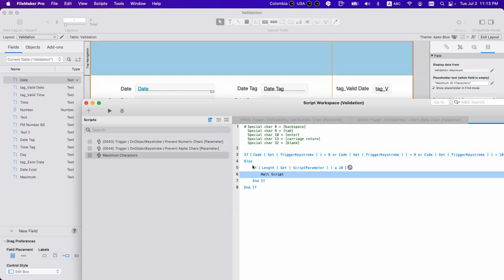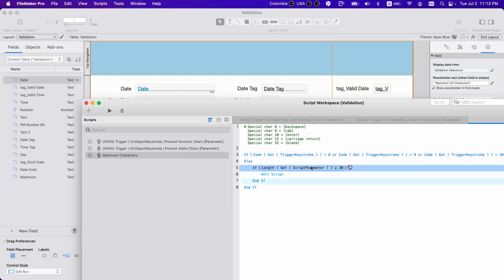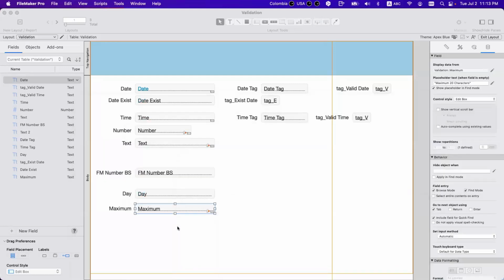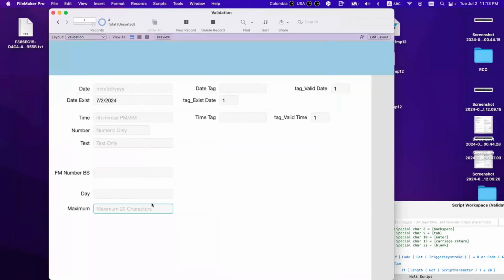So you add the script. When length is this, then this. But you don't want to be stuck. When you reach the 20 characters, you want to be able to do backspace, right? You want to be able to do arrow down, arrow right, arrow left, arrow right, and you want to allow many things.